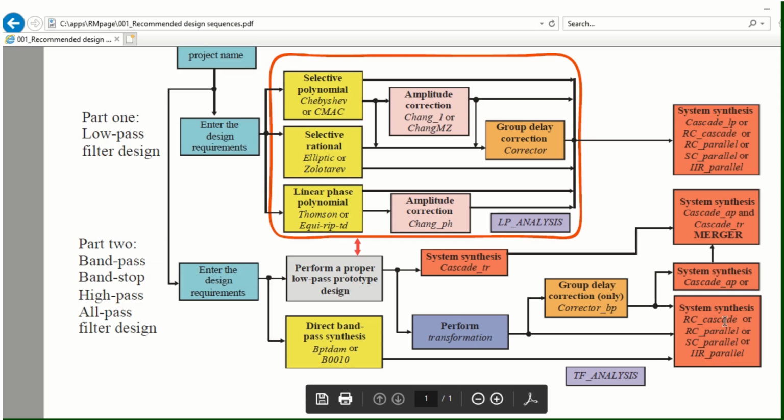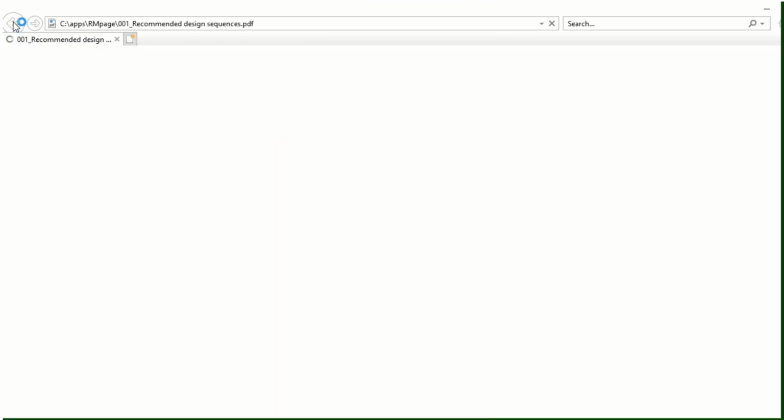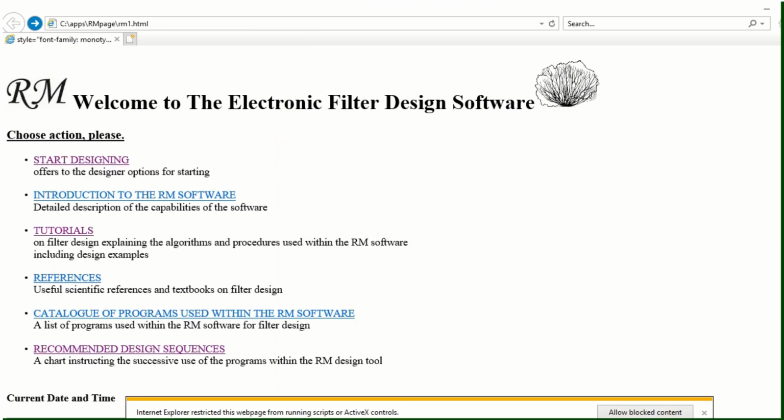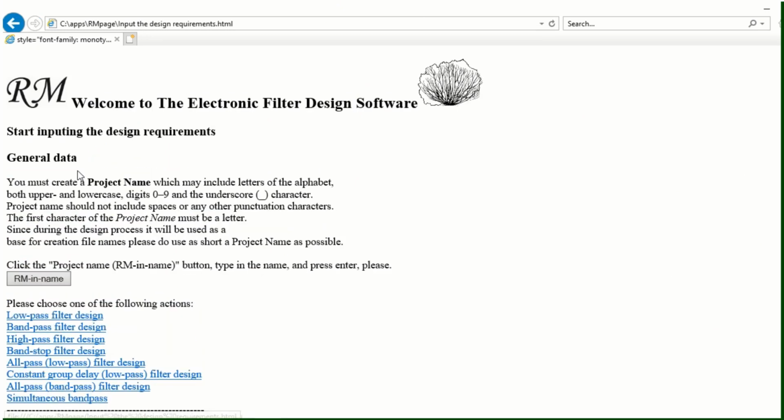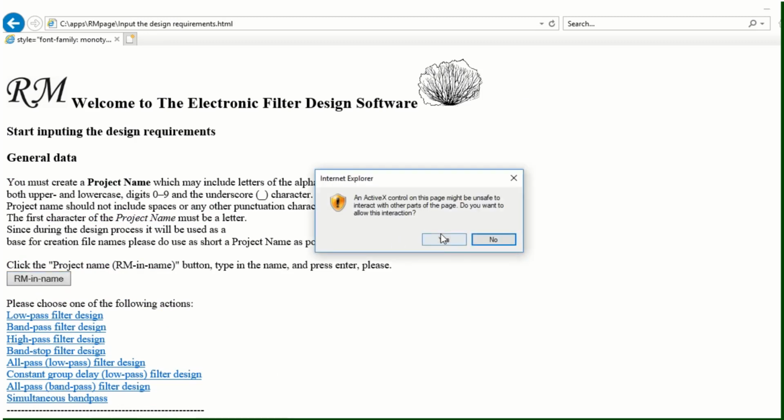As you can see, there is no passive LC realization available. In the meantime, we may analyze the obtained results by the program TF analysis or by directly reading the CSV file created by the BPTDAM software. So let's design. First, we will give the project name,